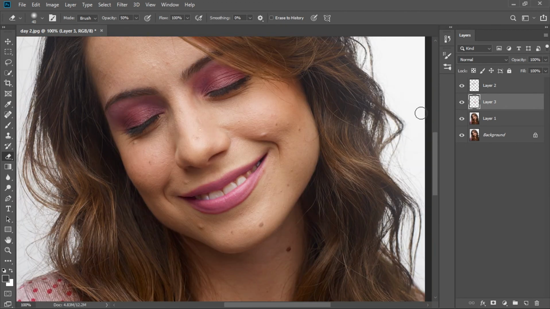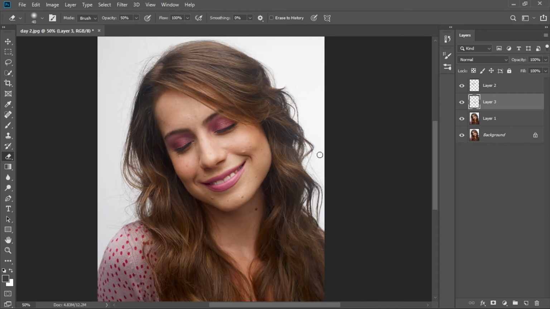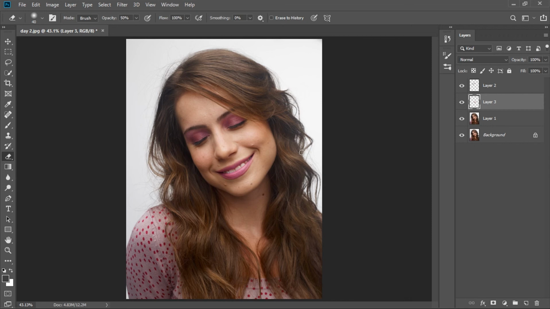We have done the eyeshadows, we have done the lips, and what is next is the hair color. Actually, I'm going to do a separate video on the hair, because it won't be easy to change the hair. It might seem easy, but there will be a whole lot of work, so we're going to do it in the next video. The only thing that I am going to apply on this image is a good contrast, so the color will pop. I will hit Command Shift Alt E to have